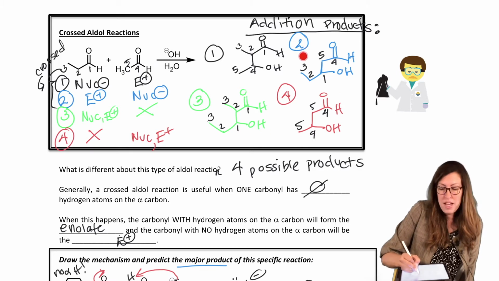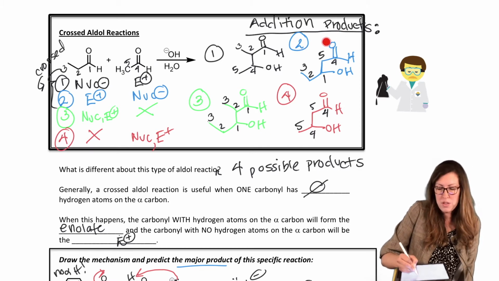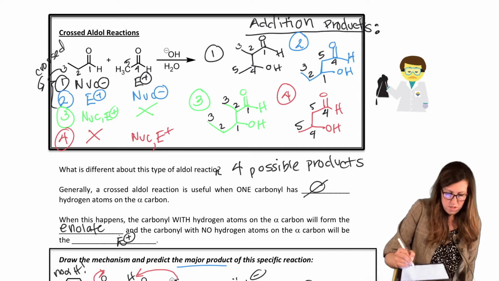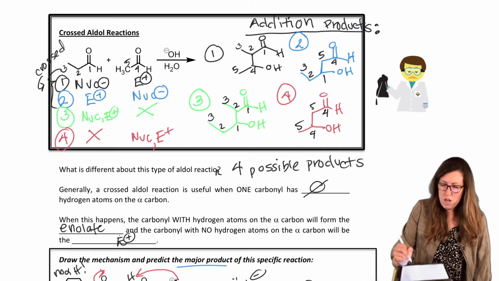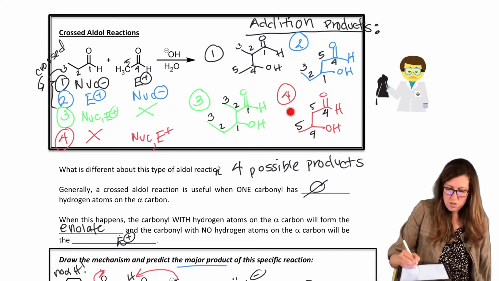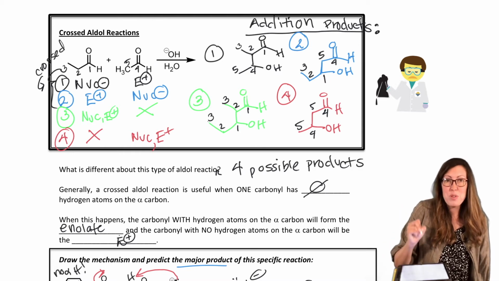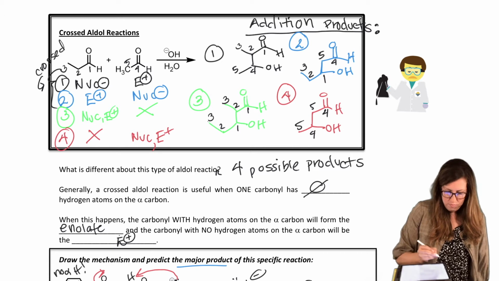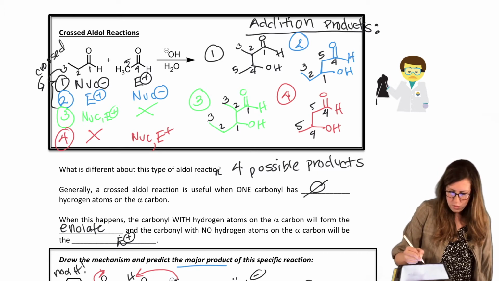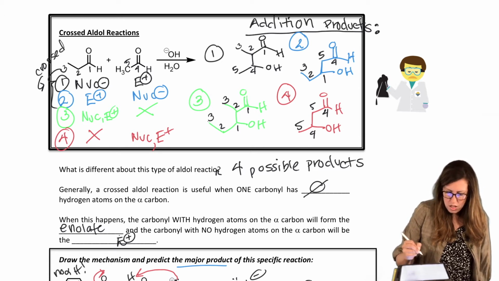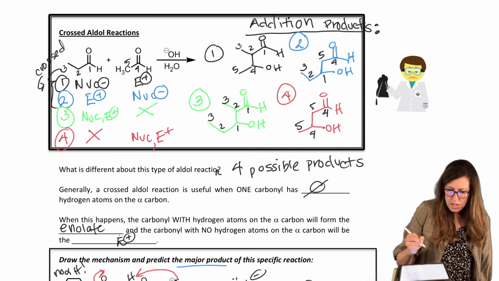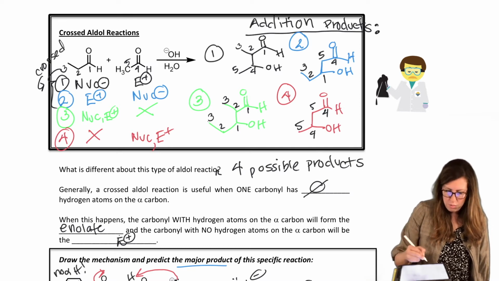Those are the addition products. If we went on to eliminate, then we would draw both if we needed to. So those are 4 addition products. I'm going to show you that we can actually preferentially form only one. So how do we do that? And which one am I going to form? Let's see, I'm going to let the ethanal be my nucleophile. So that would mean it's going to only form the blue product.